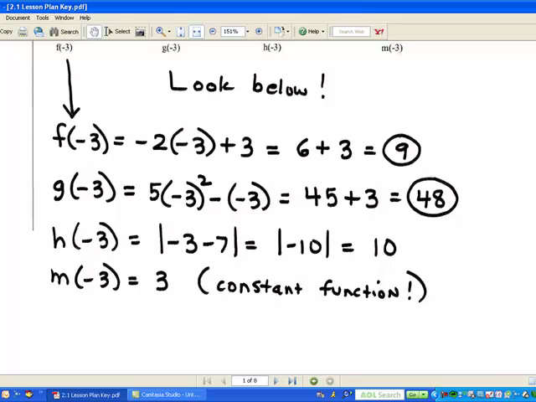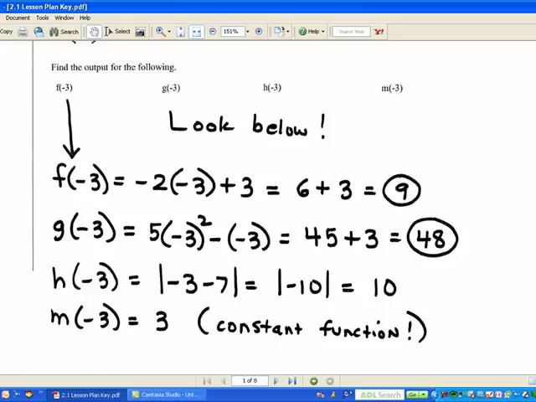So let me take us back. Hang on here, this cursor's a little temperamental. Okay,